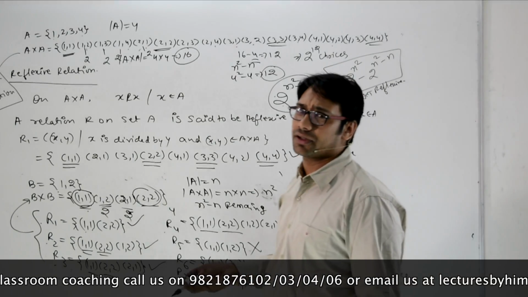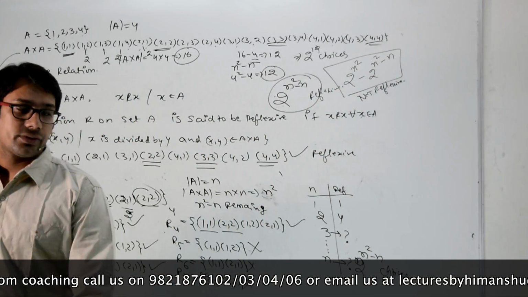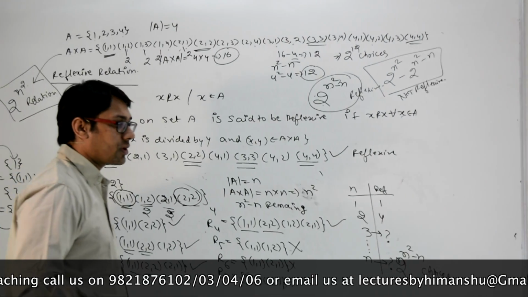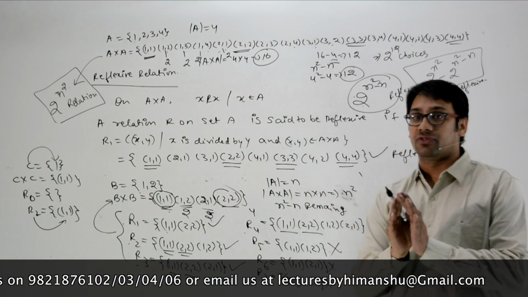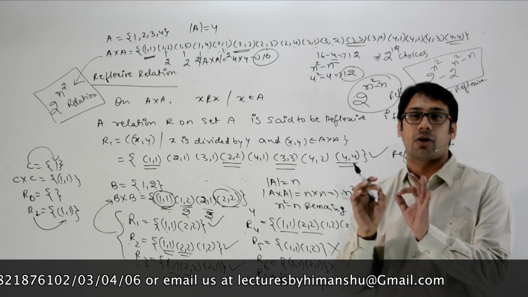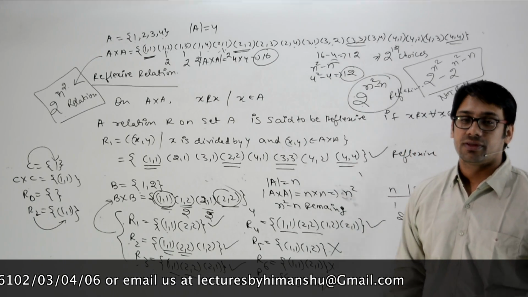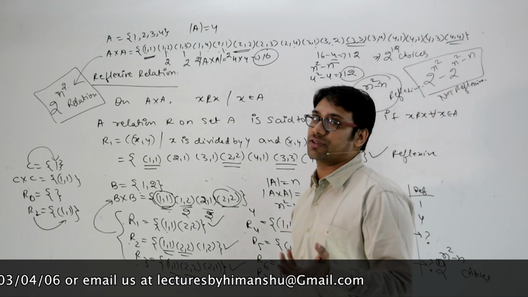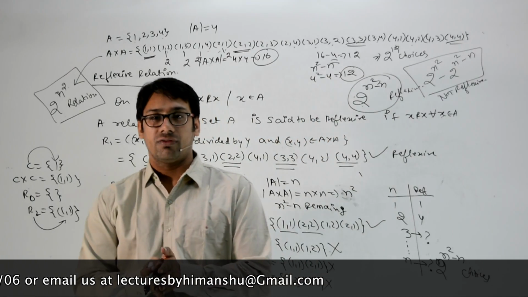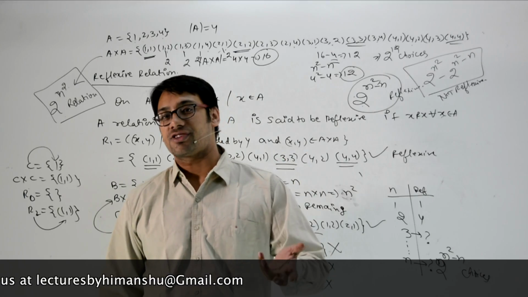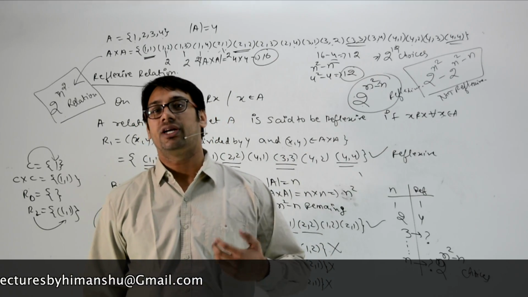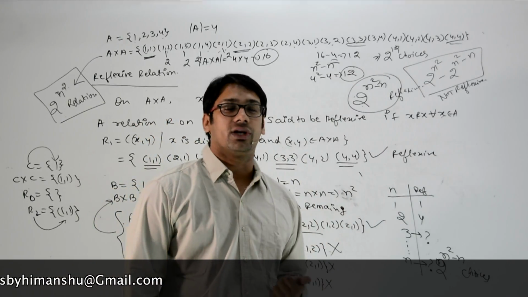Okay, it is a very simple thing to cover, I think so, right? So the next type of relation which we are going to cover will be irreflexive relation. But before that, let us just cover very basic properties of a reflexive relation. That means the closure property of a reflexive relation. That means even if you do union between two reflexive relations, can you get a reflexive relation? If you do intersection between two reflexive relations, can you get a reflexive relation, and so on. Let us look at those properties now.